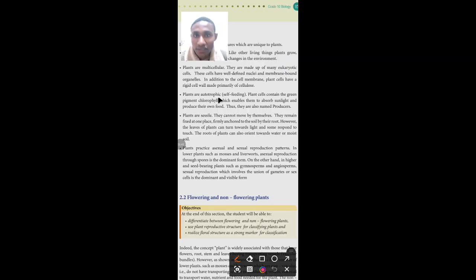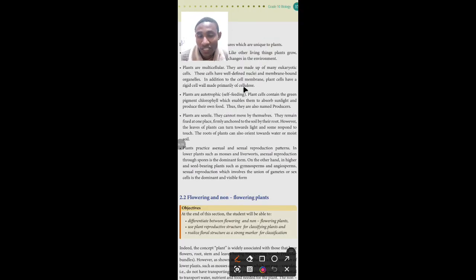Next it says the plants are autotrophic, or self-feeding, which means the plants are self-feeding, because organisms are distinguished by their feeding status. We distinguish organisms generally into autotrophic organisms and heterotrophic organisms. Auto means self, trophic means producing of feed, or feeding. So auto means self, and also